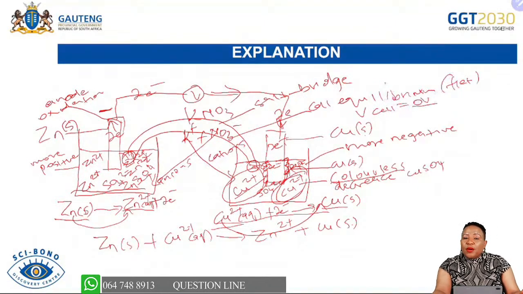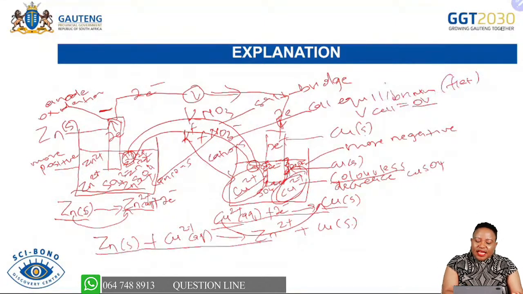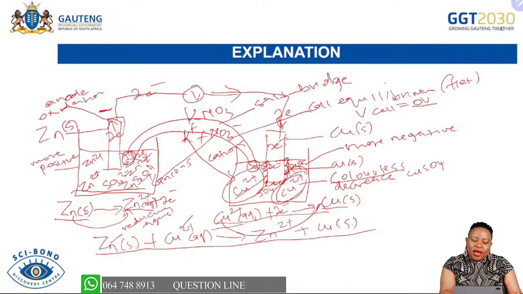So we need to be able to say who lost electrons and who gained electrons. And those will be our agents, in terms of reducing agents and oxidizing agents. So from this cell, from this reaction, we can see that zinc has lost electrons and zinc becomes our reducing agent. Copper 2+, because it's the one that is going to gain electrons, is going to be our oxidizing